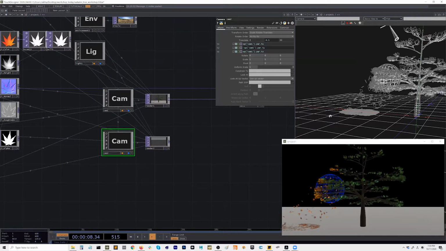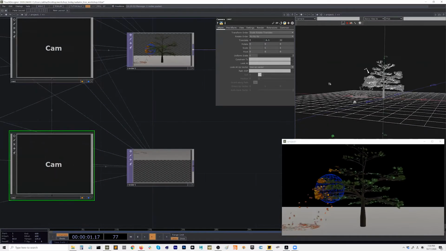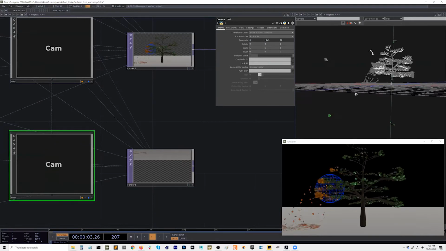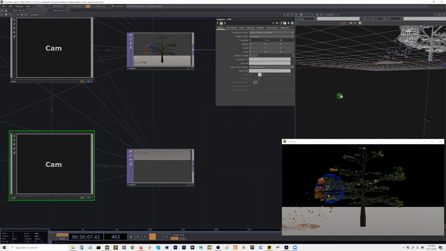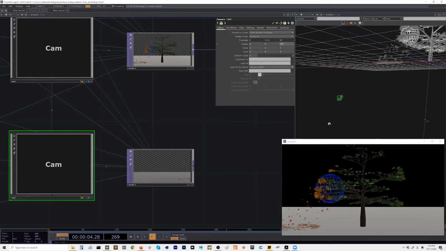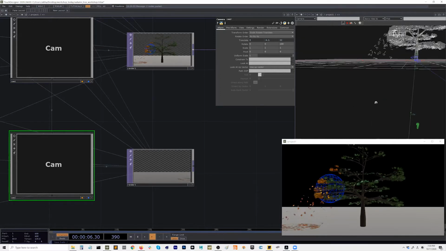Okay, we can even see it in our viewer here. So now we have two cameras, right? And this bottom one also wants to rotate 180 degrees in the Z axis. All right, so it's flipped, right?